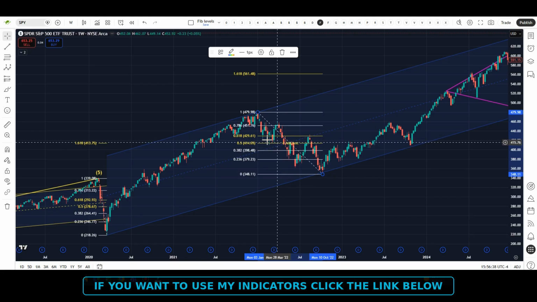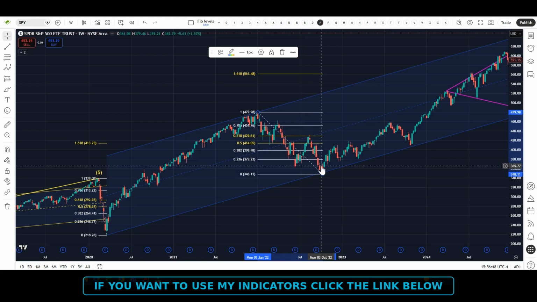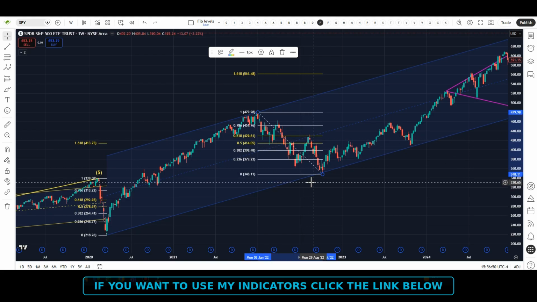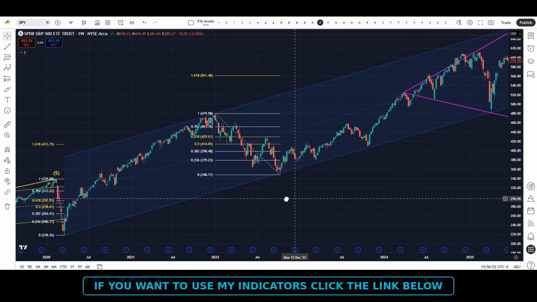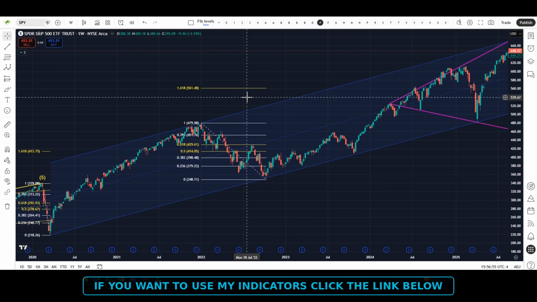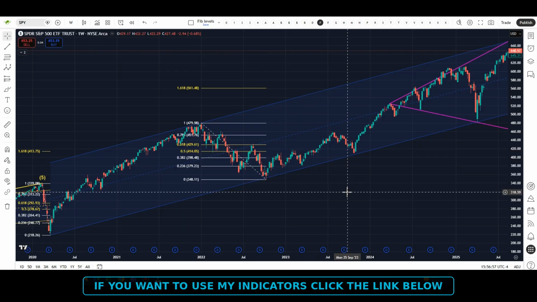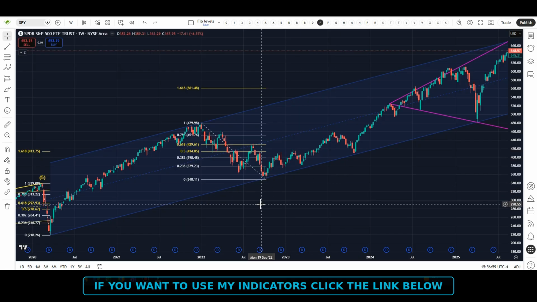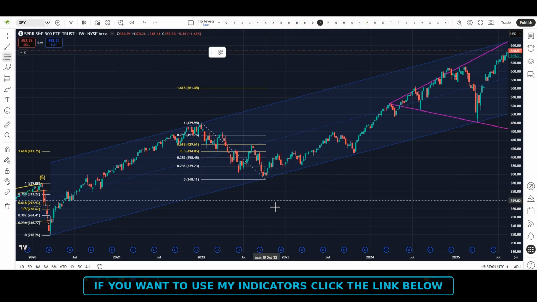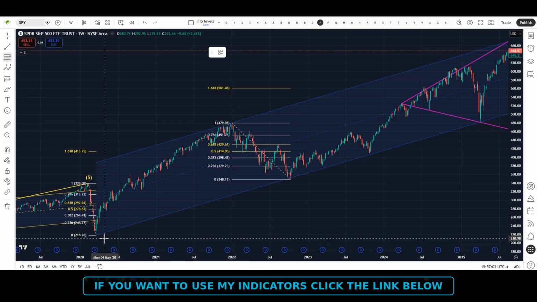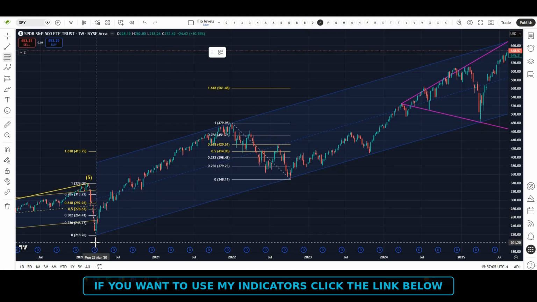You've tested the golden pocket here. You bounced off it. You came back and broke through. You've gone back and retested it. And then back down. So your golden pocket is 0.618 to 0.5. And then obviously the 1.618 is your other golden pocket. Good to use in both directions as well. So up and down. So if we were to use it on the up,